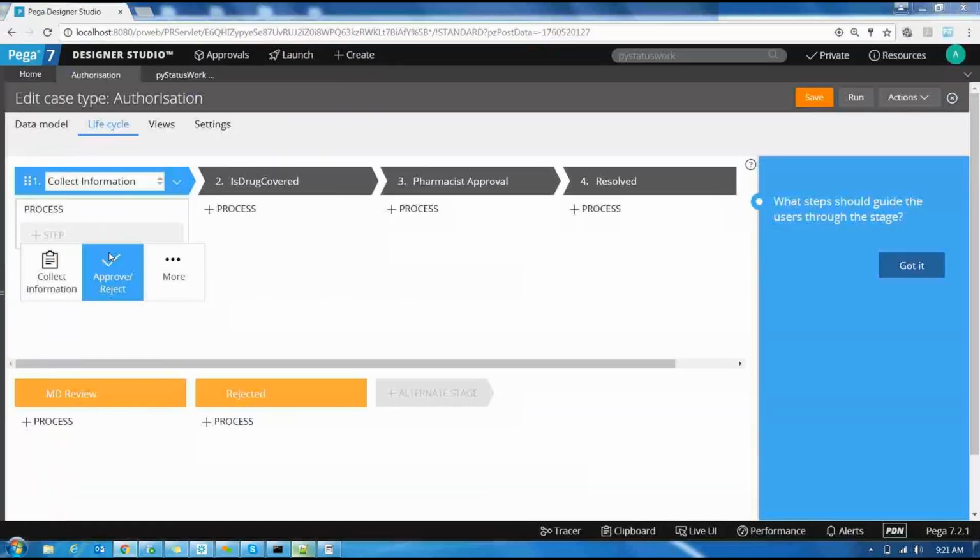Okay, awesome. So whenever you click here, you see there are some out of the box things displaying here. Collect information, approve or reject, and if you click on more, you will see more out of the box utilities. So what is the use of this? In the earlier days of Pega,